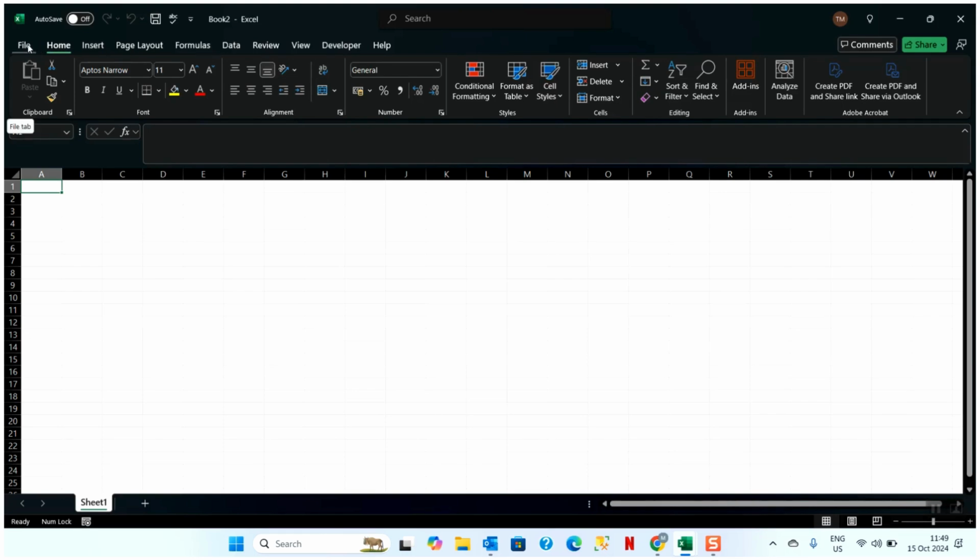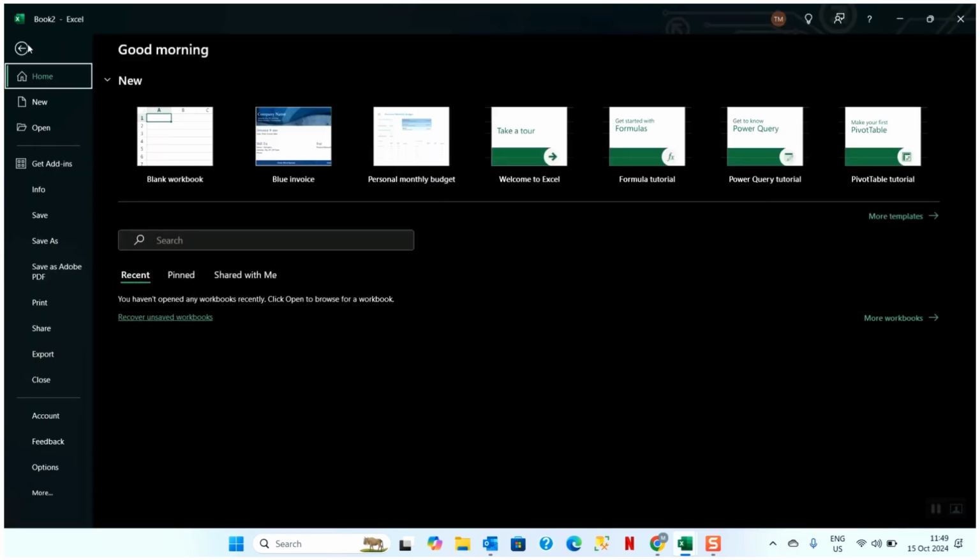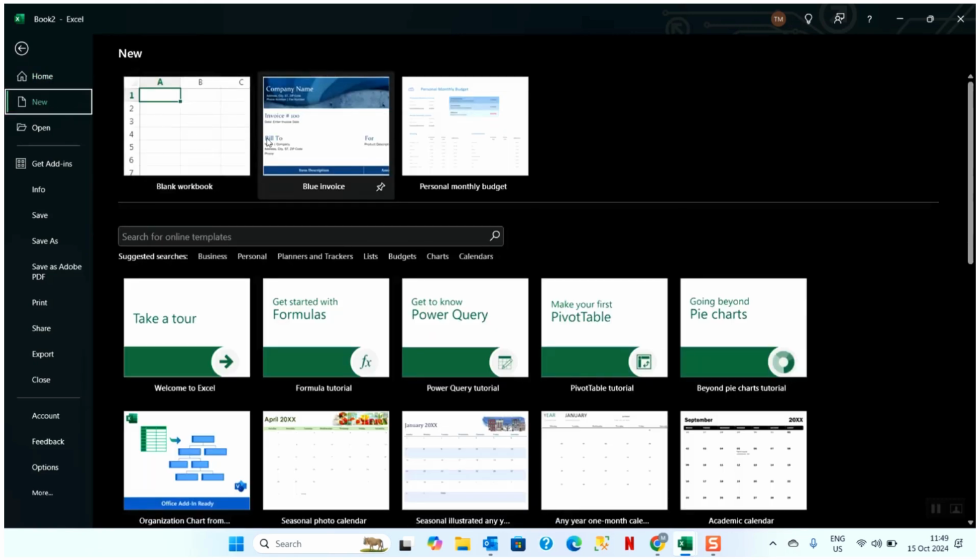Over here, if I click on the file tab, it takes me to what we call backstage view. On the backstage view, that's where you'll find home, where you can add your blank workbook and templates. Also, you have new, where you can find more templates as well, and then you can choose different template. And we still have a blank one there. You have open, where you can open new folders or new files. You have info, you have save and save as, and also you have your print when you want to print,